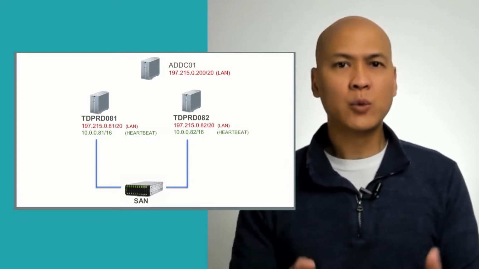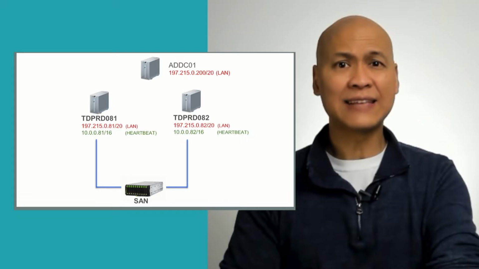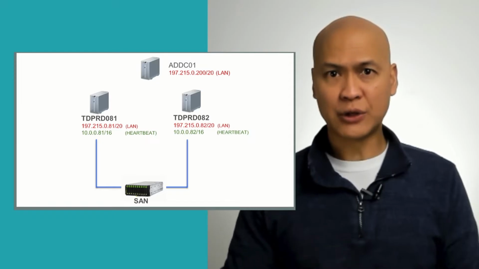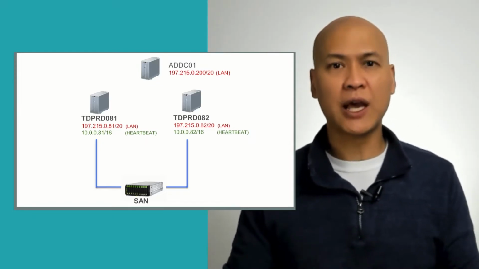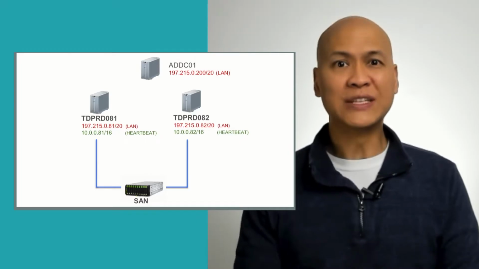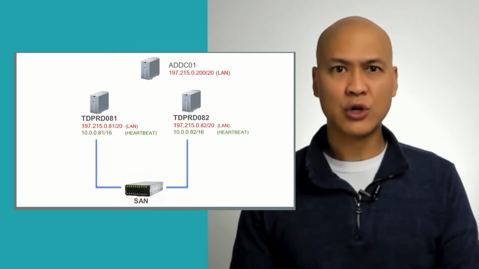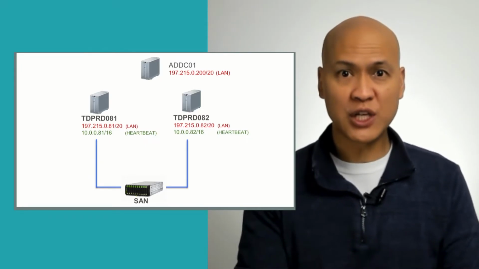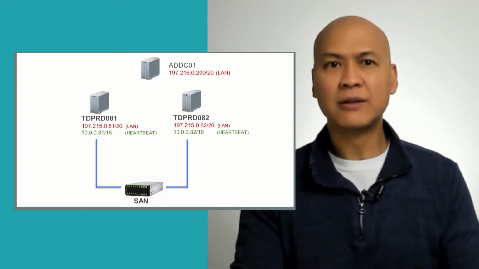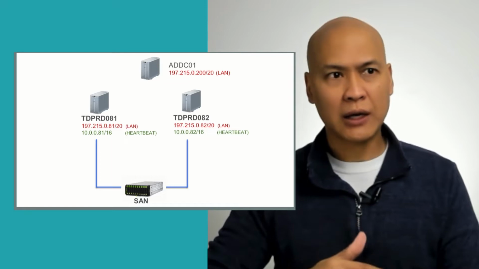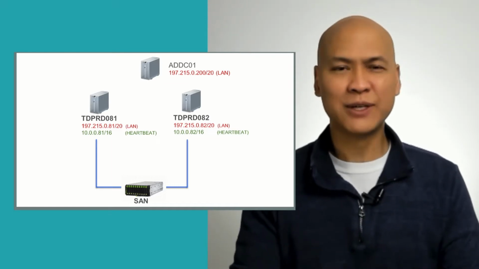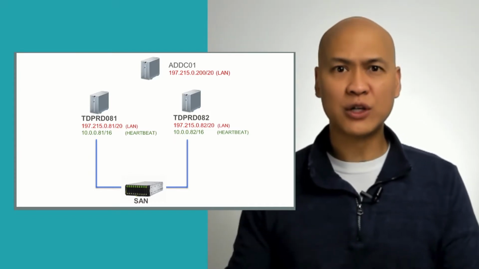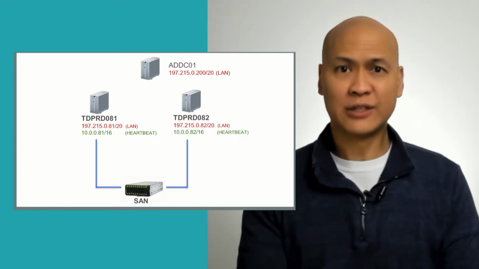Now, starting with Windows Server 2008, you don't actually need a secondary network adapter. You don't need a dedicated network adapter for failover cluster heartbeat communication, meaning the inter-node communication. Especially, of course, when you're dealing with virtual machines or public cloud infrastructures, because you don't really know what's happening underneath. You may have multiple network adapters on your Windows machine, but maybe the network adapter is already NIC teamed, so you have multiple network adapters functioning as one. Like I said, Windows Server 2008 onwards allowed you to build a failover cluster with just a single network adapter,